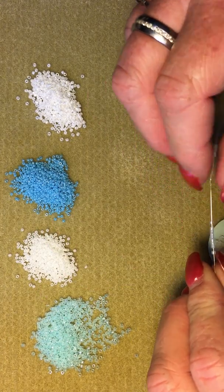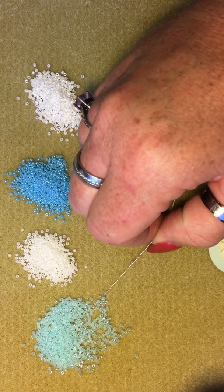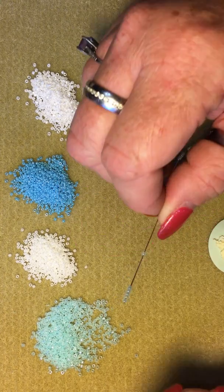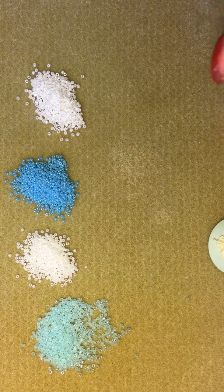And again, sets of 4. And a lot of this just takes practice. The first 2 rows are the hardest, just like with regular peyote. So once we get a little more,